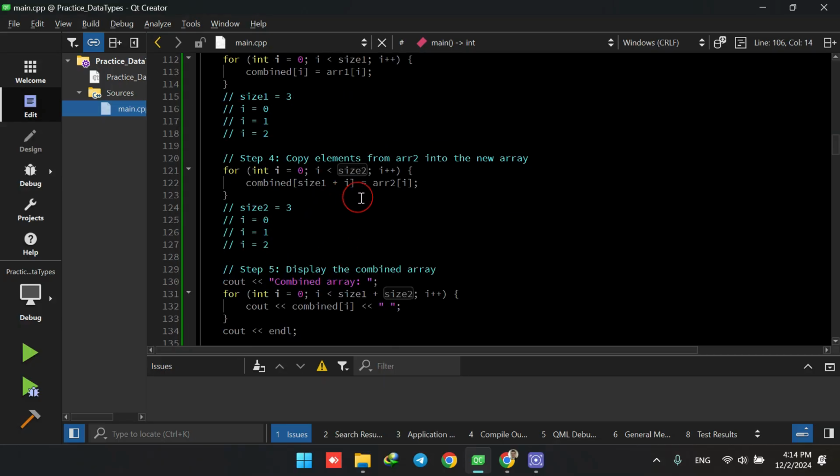So now that we are inserting the elements, for example, when I equals 0, we are adding the first element of the second array to be the size 1 plus I element of the third array. But size 1 equals 3. So it means combined size 1 plus I, in this case,